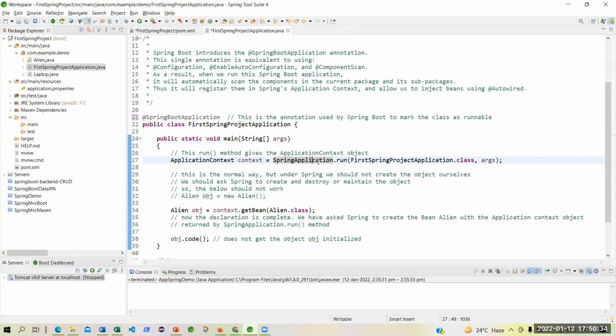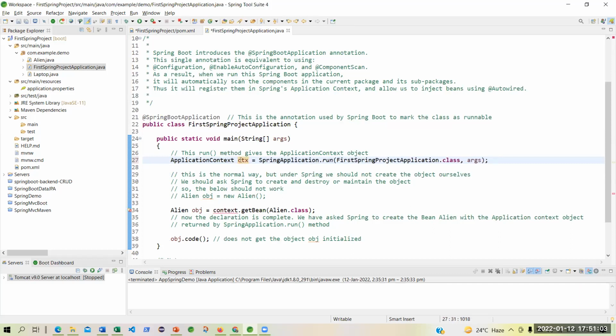These are the concepts that you have to grow. First of all, whenever you are creating a Spring Boot project, this one will be automatically created for you up to this. So it will give you the context of the application, and you are creating this object, and this is just any name. You could have given ctx, context, any name.